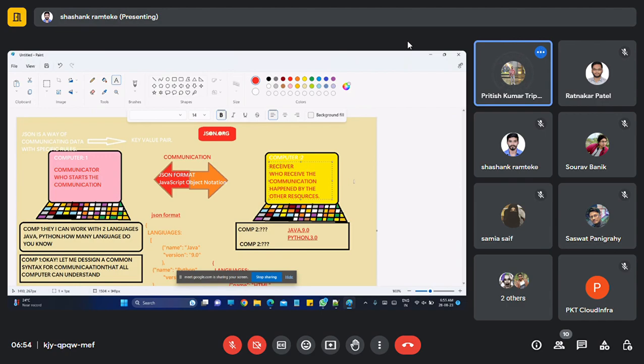Is it clear so far? That's why we use the term data interchange. Here some data is being exchanged, or one communication has been established. That's why it is data interchange.